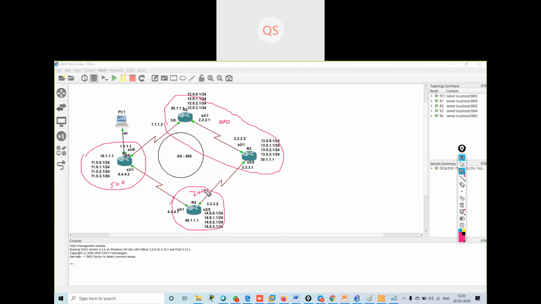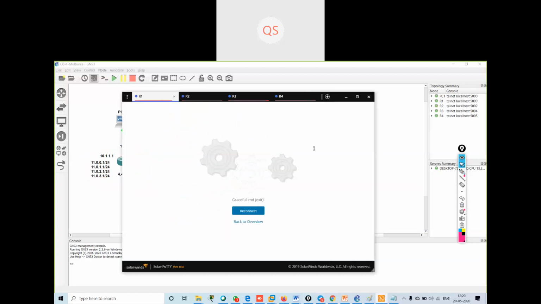Okay, so this is my scenario. I will use this lab scenario. Remember, router 1 will be in 500, routers 2 and 3 will be in 600, and router 4 will be in 700. I will quickly configure as per this.